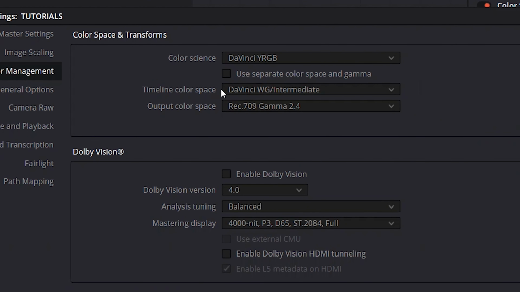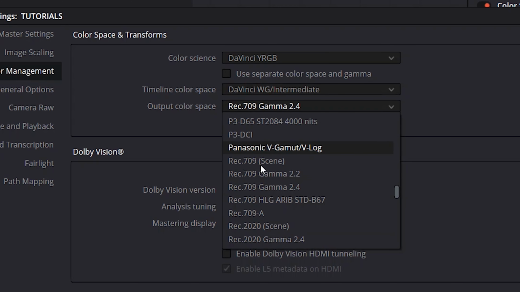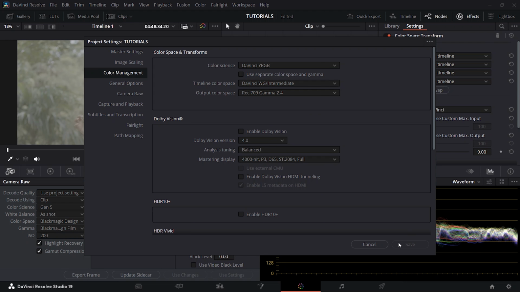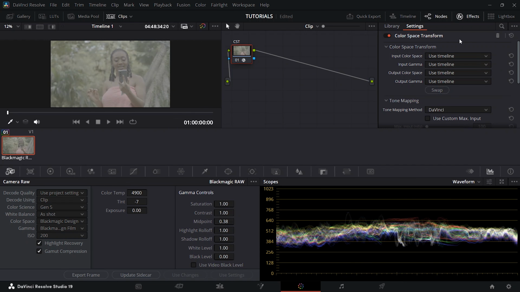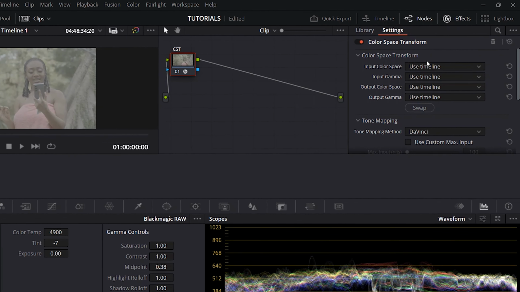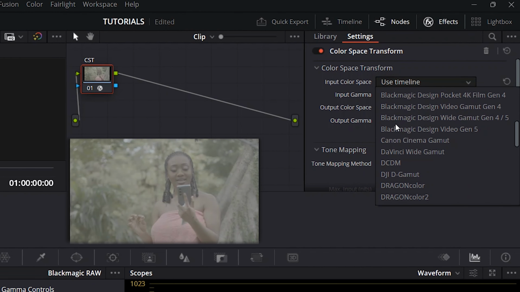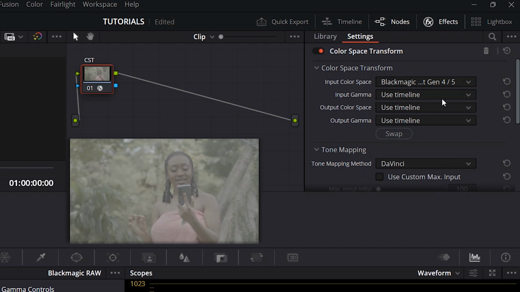Change the timeline color space to DaVinci Wide Gamut Intermediate, and then change the output color space to Rec 709 gamma 2.4. Yes, and you save. So here you will change the input color space to Blackmagic Wide Gamut Gen 4/5,